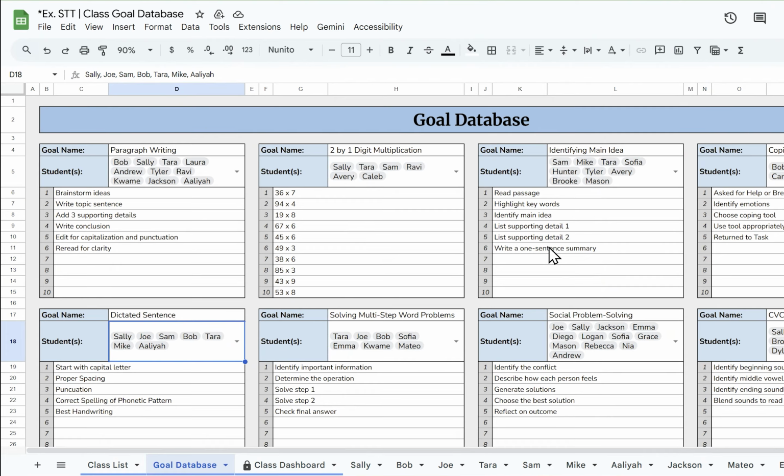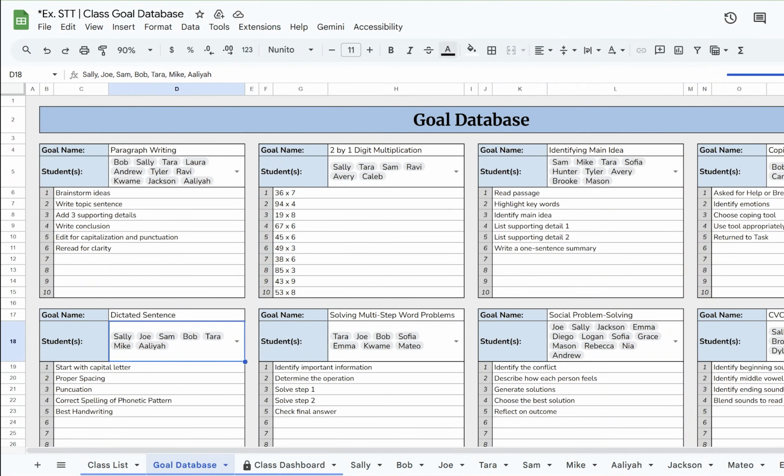So basically you'll have your blank master template, and then you'll have a template that has all your goals, but beyond that, it's staying blank. And this is the one that you would then copy when you want to start taking data at the beginning of the marking period. Again, this is definitely a sheet that has a lot of background work and a lot of tabs. So sometimes when you update something, it might lag a second or not show immediately. So just make sure you give her a little bit of time, hit that refresh button, and she should be